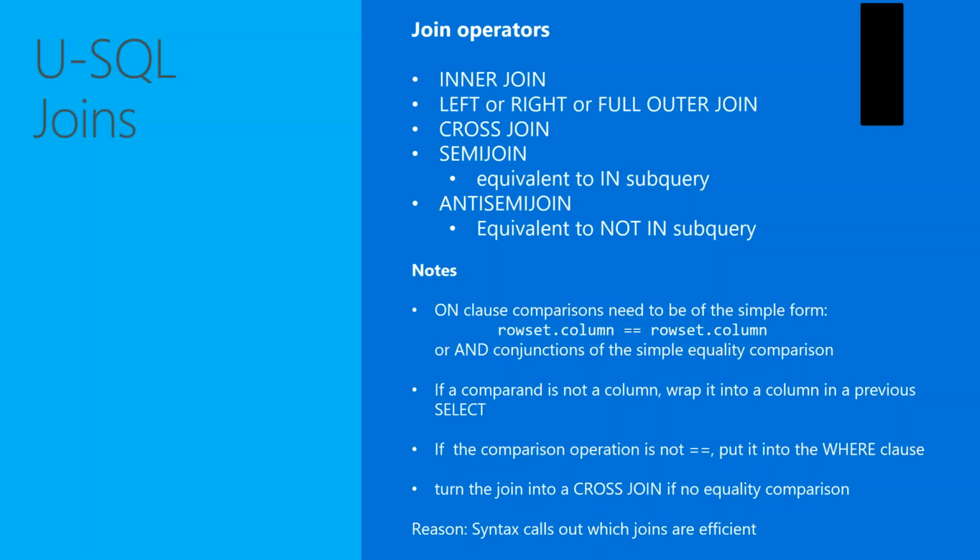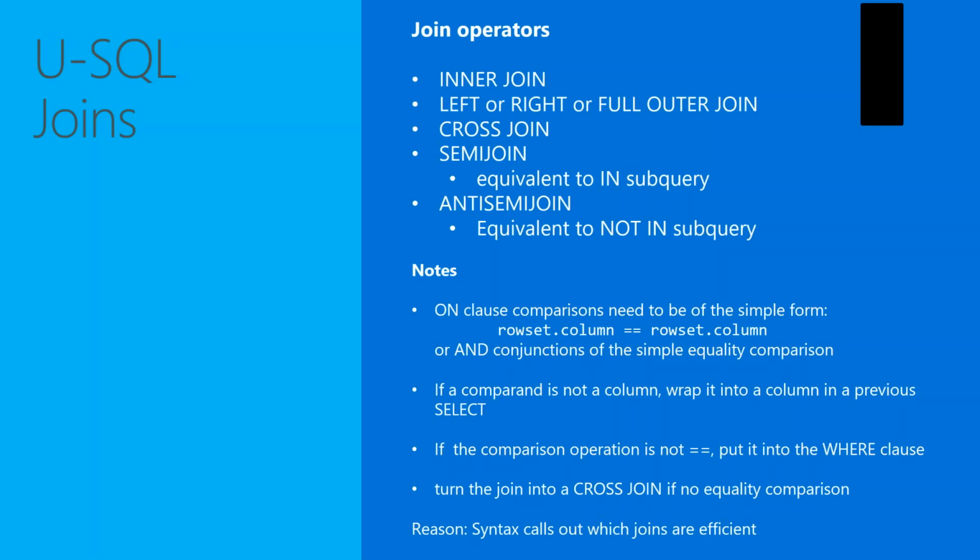Now, there are efficient algorithms for doing equijoins and joins with AND conjunctions of equality comparisons. So we are currently forcing you to think about how to formulate your join by having some syntactic constraints